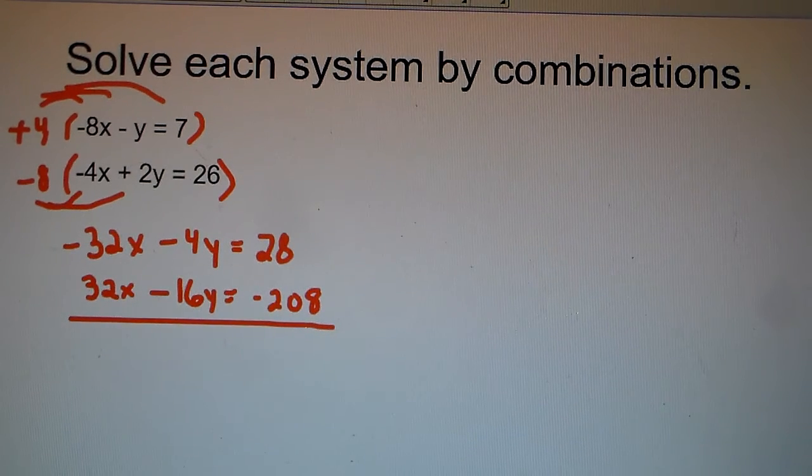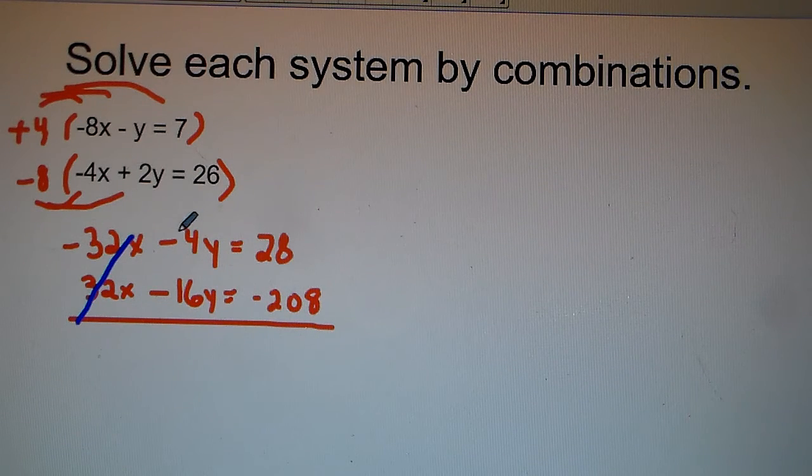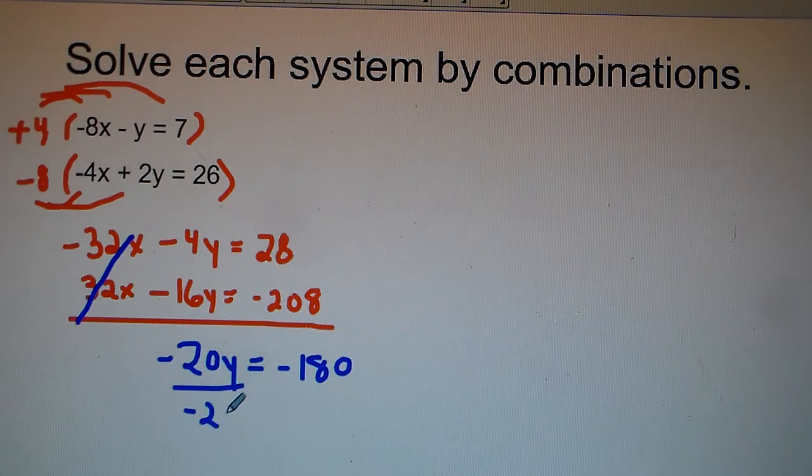We then crunch it out. Negative 32x and positive 32x, they cancel out. Negative 4y minus 16y gets us negative 20y. And 28 minus 208, that's going to get you negative 180. Divide both sides by negative 20, you're going to get y equals